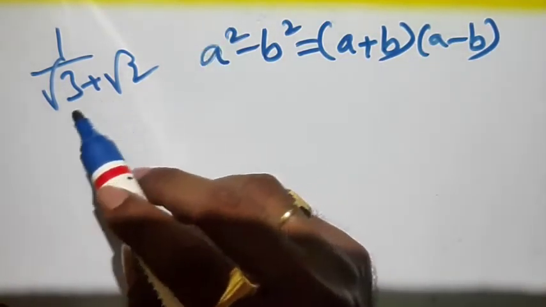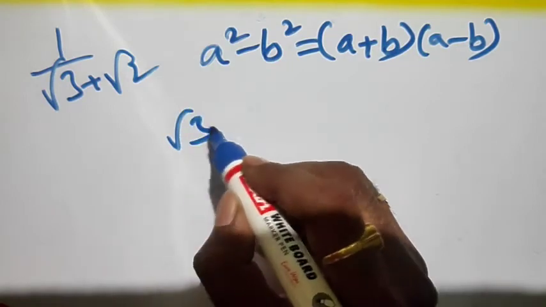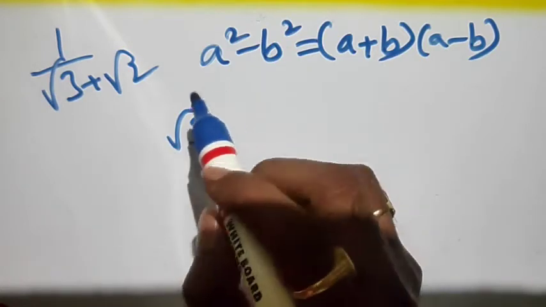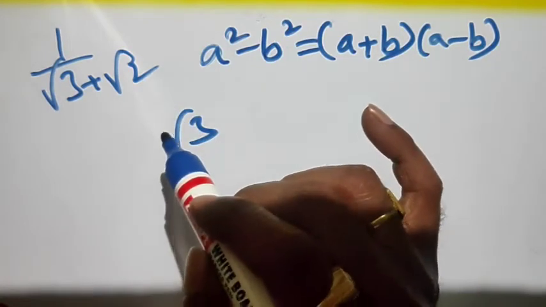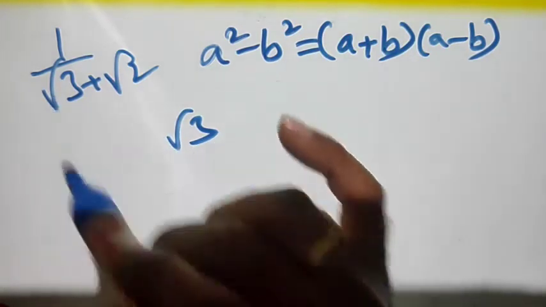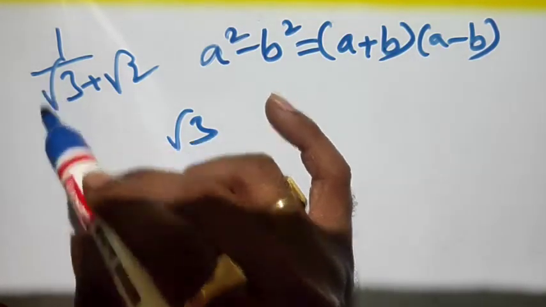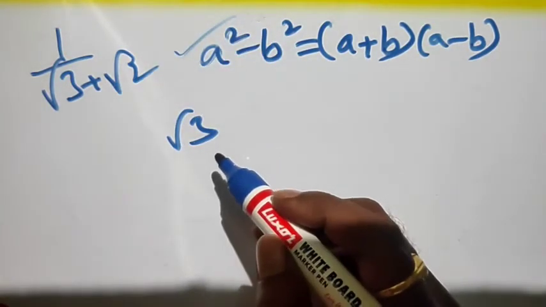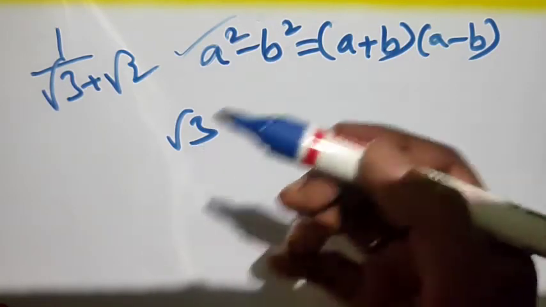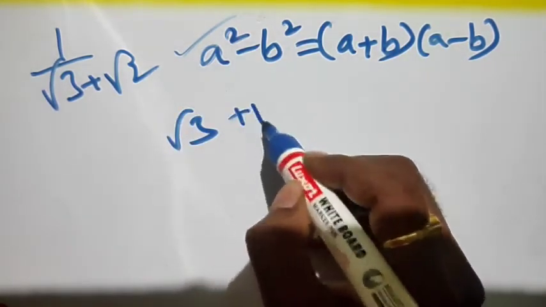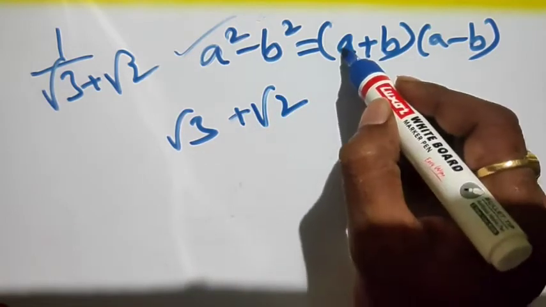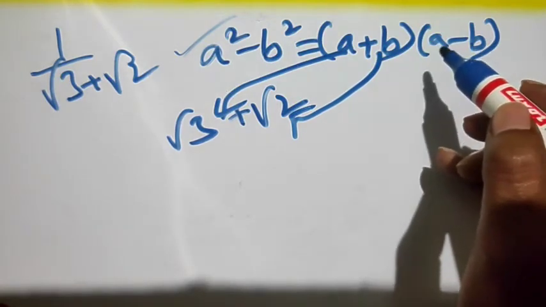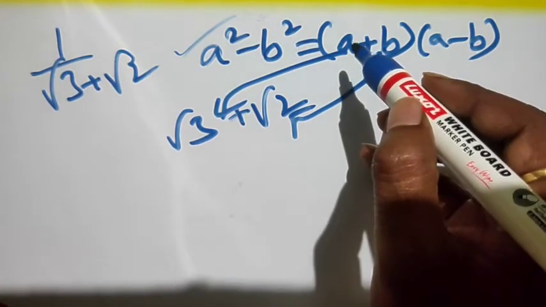See, second order: how to remove the square root of this 3? By squaring it. So to rationalize the denominator of this problem, where the order is 2, I am using this formula, a square minus b square. If the order is 3, how? We will see that later. First we see this one. So root 3 plus root 2. Here is a plus sign. If a is root 3 and b is root 2, then a minus b is the RF of a plus b.